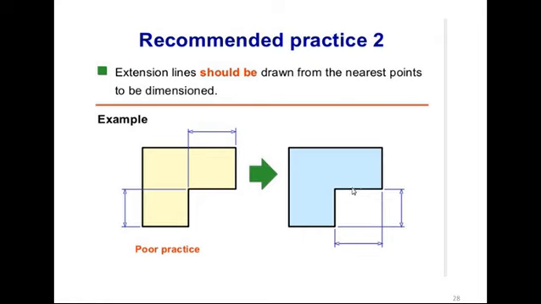So whatever the dimension we want to provide for this, just take from this, keep 1 mm gap here and keep outside. Again here, whatever you want to show, just keep 1 mm gap here. So what we are doing is keeping 1 mm gap here and then taking it outside. This is a very important thing. See the difference between this one and this one, anyone can understand. Here it can create ambiguity, and here we can understand very easily.